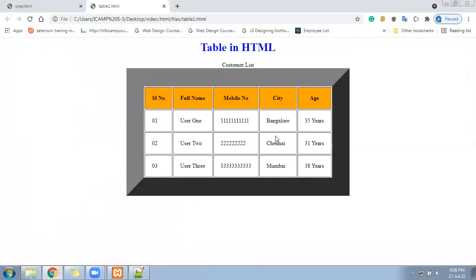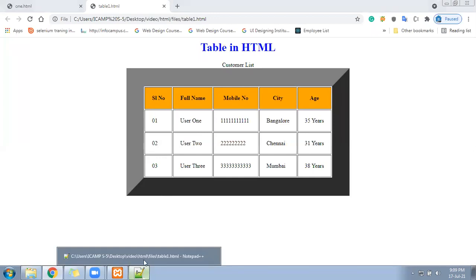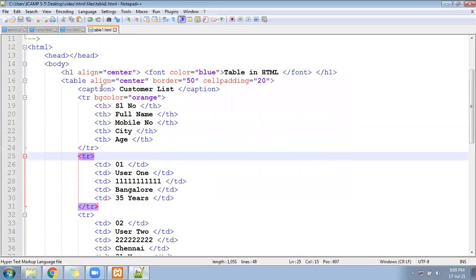No, the table does not always look like this. The table we can use for multiple purposes in different ways. Okay. So all of those we are going to study in the next class videos. Again, if you ask why this heading is coming very small, we can resize also. Let's go here. You can see the caption.